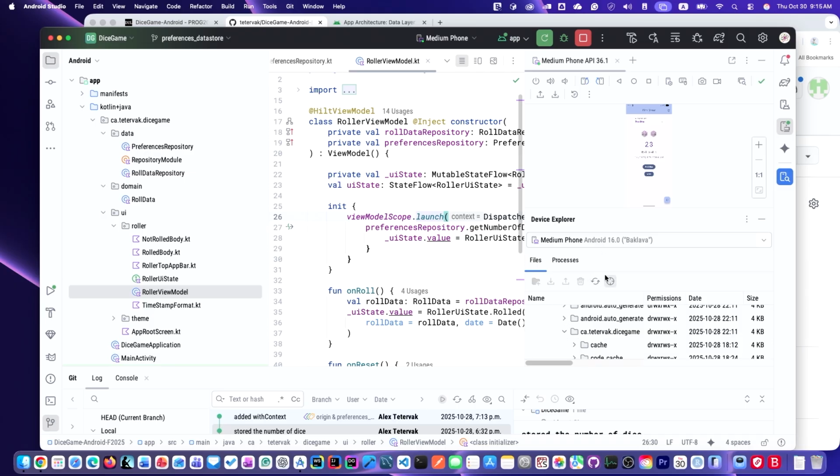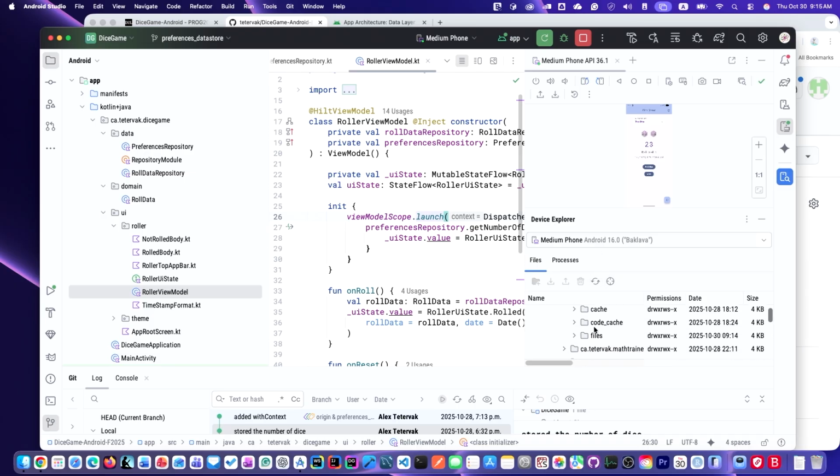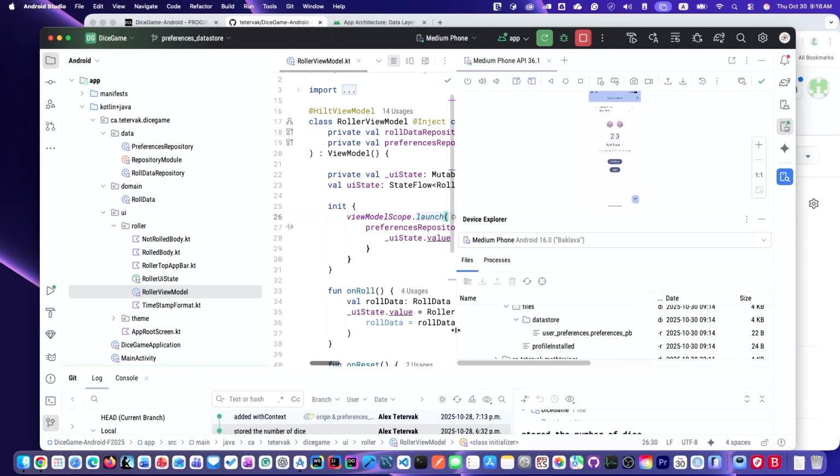And this is where we saw database files, right? In this case, it's a file, and you see the data store folder. In the data store folder, you see preferences, preferences DB. Okay. If you double click, nothing happens. So it's not supported to see it right away. But there is software that can convert it, but you have to get it from